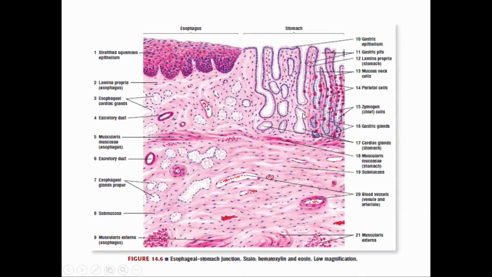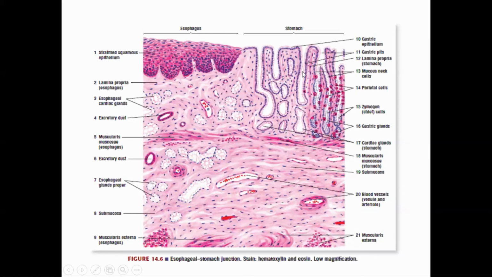In all areas it is lined by the simple columnar epithelium. Deep to this lining epithelium is the lamina propria, where the gastric glands are present. See, these all are the gastric glands, and these gastric glands open into the gastric pits. In the histology of the stomach, you will find numerous depressions. That depression is named the gastric pits, where there is the opening of the ducts of the gastric glands.